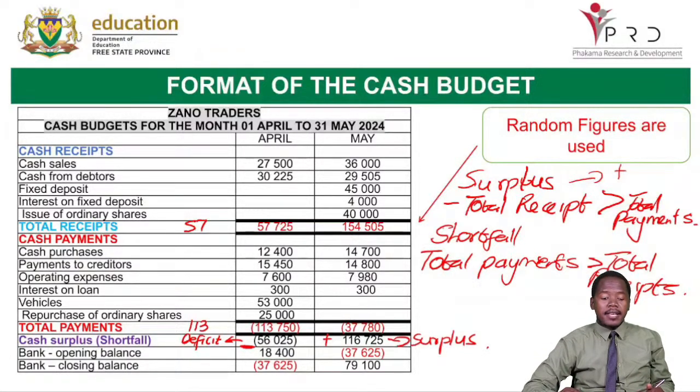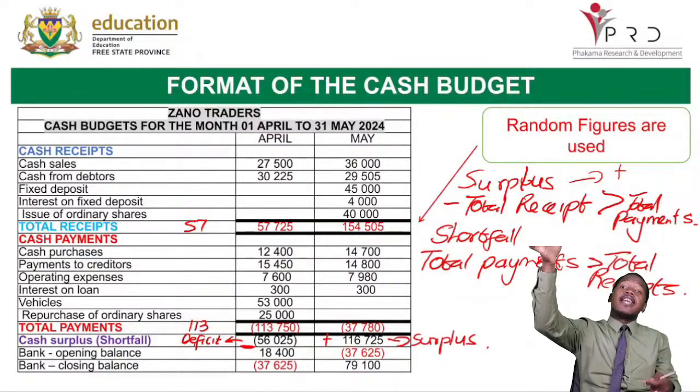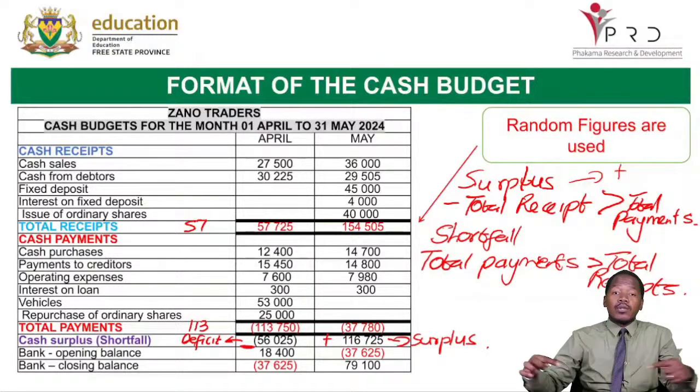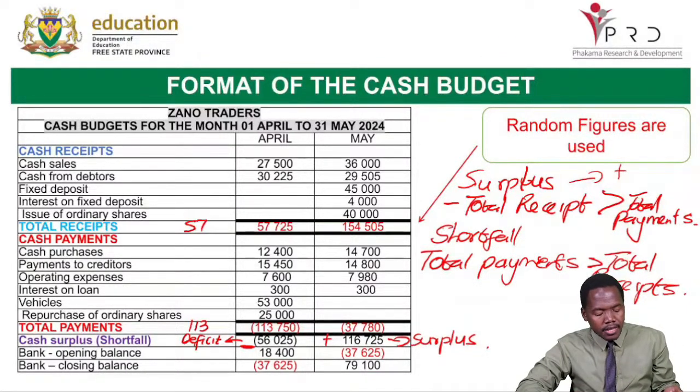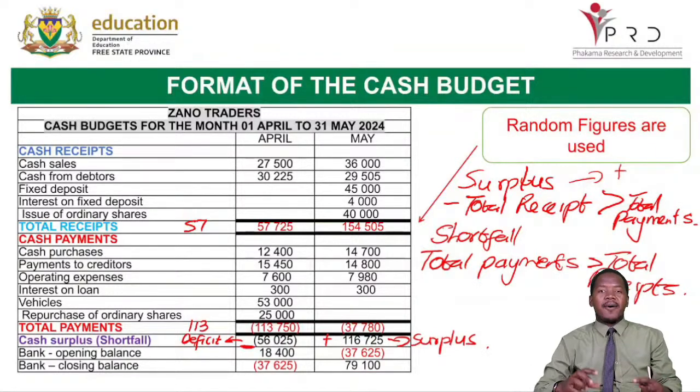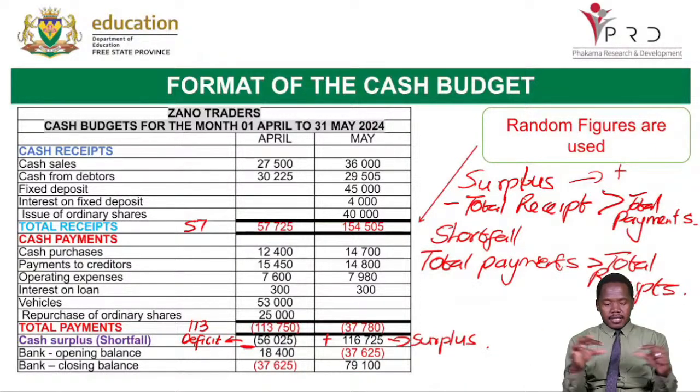Why is it a surplus? Because your total receipt is bigger than your total payments. Then it gave us the cash surplus. Now, we are coming to the last